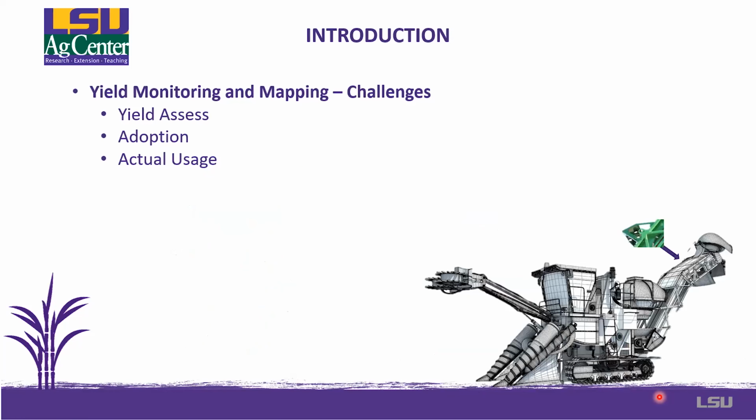But that's not perfect. What's the problem? We have a few challenges. First is the actual yield access for sugarcane. For tonnage, we are talking about a very new technology, the yield monitor, which some have available, but a lot don't. The second thing is the adoption, meaning how many people are actually going to get that information from the machine,